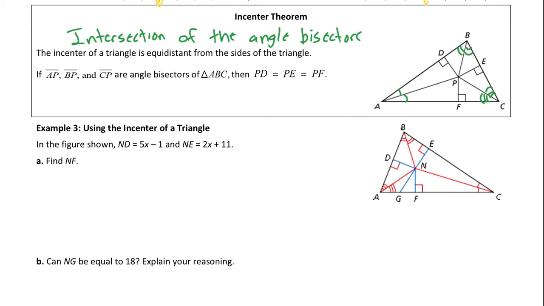The important part of this is that the in-center is the same distance from all 3 sides. So the distance from P to side AB is the same as the distance from P to side AC. It's the same as the distance from P to side BC. PD, PE, and PF are the same length. So the in-center is the same distance